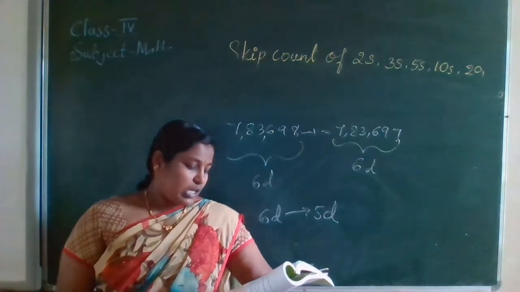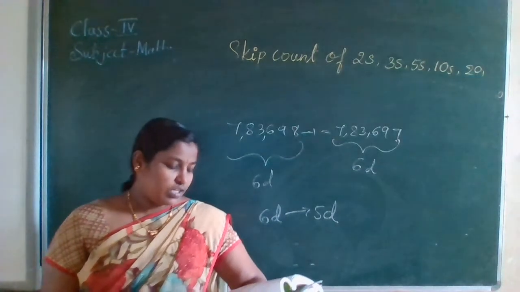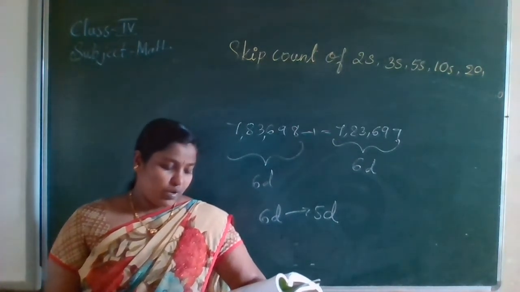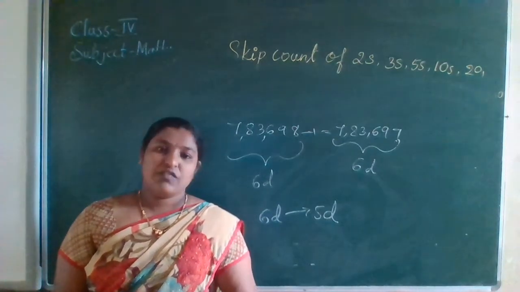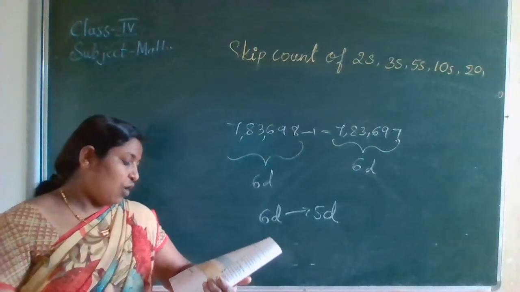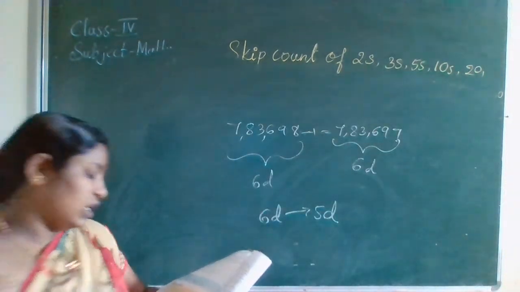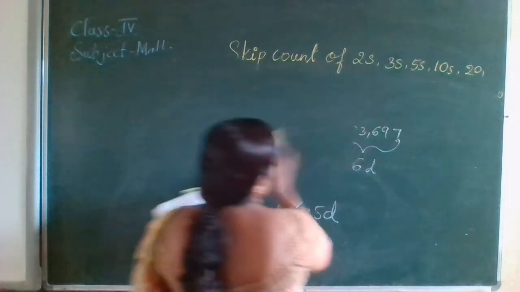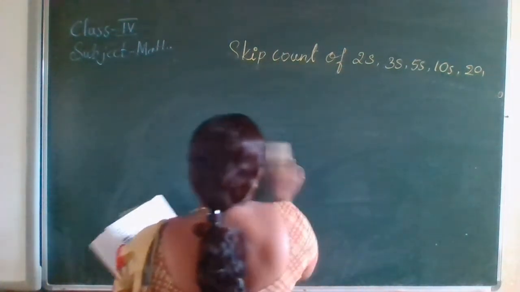Is it correct that the predecessor of the successor of a number is the number itself? Yes, the predecessor of the successor of a number is the number itself. The answer is yes.